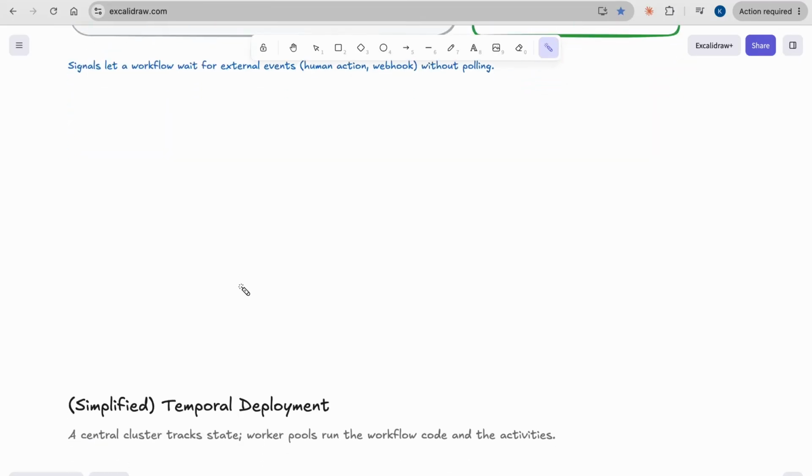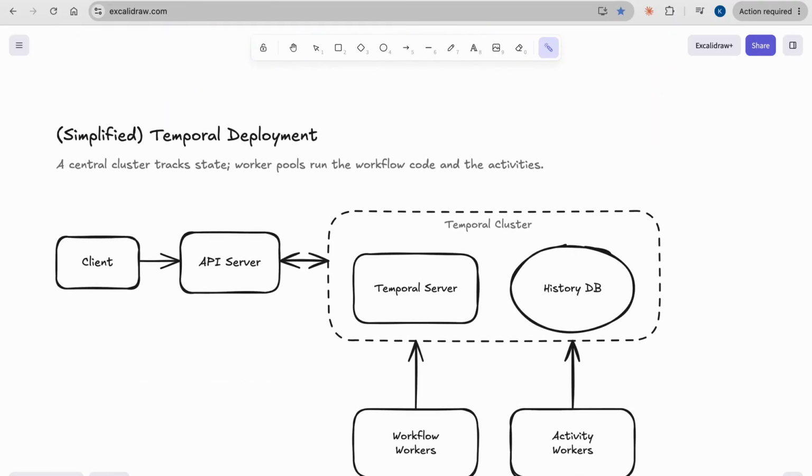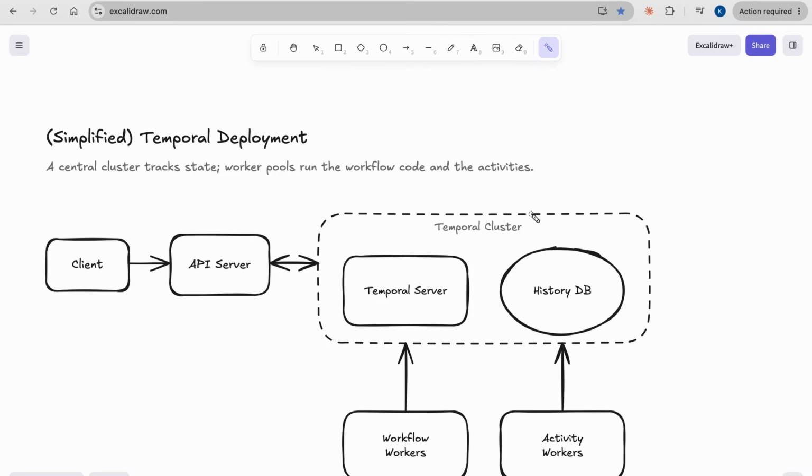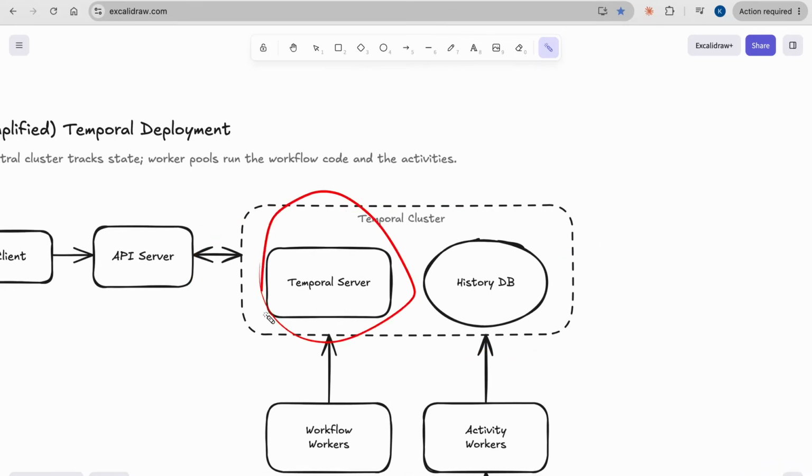And here, in the Temporal deployment, we need to understand what components we have. So here we have a few things. The Temporal cluster, we need to talk about this. The things you'll have is the Temporal server, that's the actual bookkeeper. Basically it hands out tasks, tracks timeouts and records progress. It doesn't run any of our code. That's its default functionality.